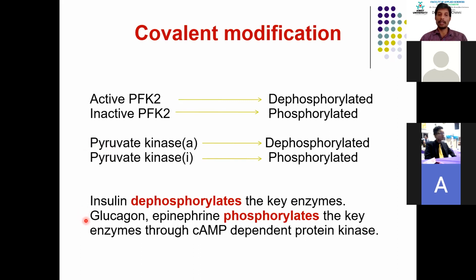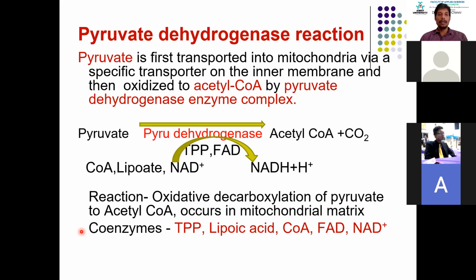What happens in the case of glucagon, which is the contrast hormone to insulin? Either glucagon or epinephrine will act. It phosphorylates these two enzymes. Thus they will be inactivated, and it will inhibit the glycolysis process. The glucose concentration will be increased. So that is one of the ways glucagon increases the glucose molecules inside the cell. So that is about glycolysis